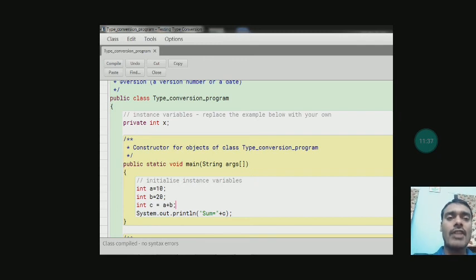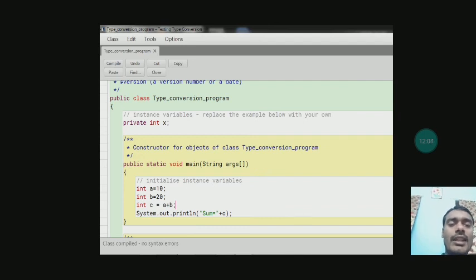So public static void main(String args) is the main function of Java, and I have written inside it int a equal to 10, means I have declared a variable a and I have stored 10 inside a. Then in the second line I have written int b equal to 20, means b contains the value 20 of the type integer.